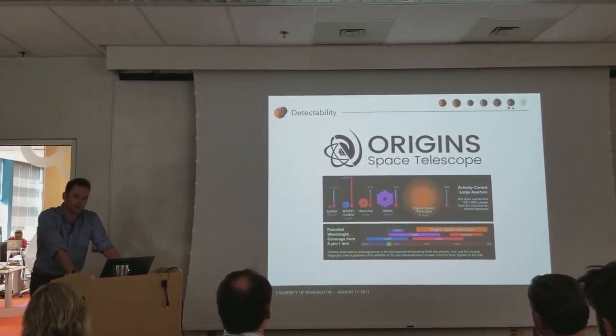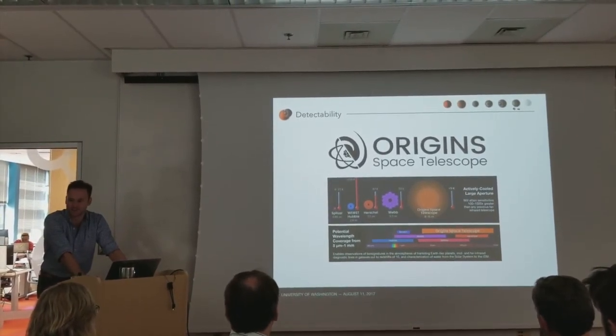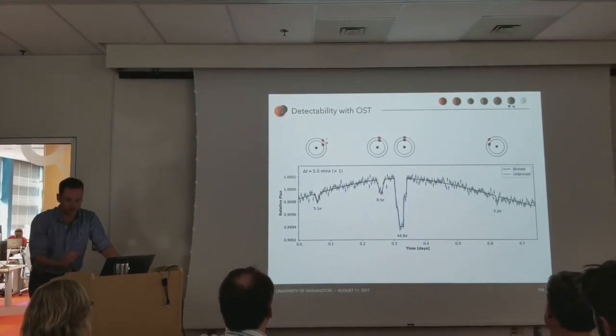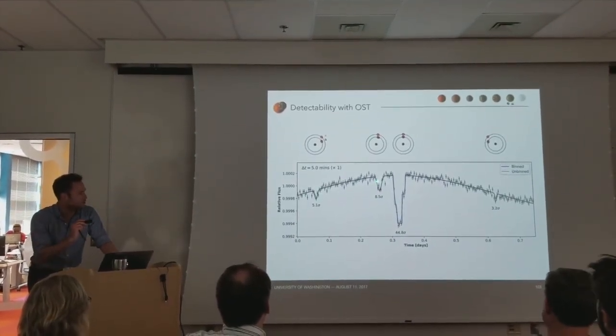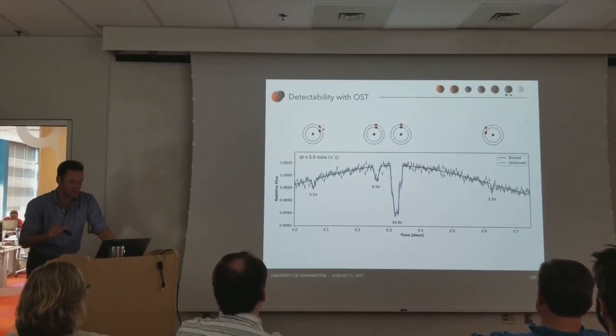This is a far infrared, very large space telescope. It's actively cooled to like 4 Kelvin or something. This is what individual ones do. So you have one there, one there, one there, and this is a double secondary eclipse where both means are